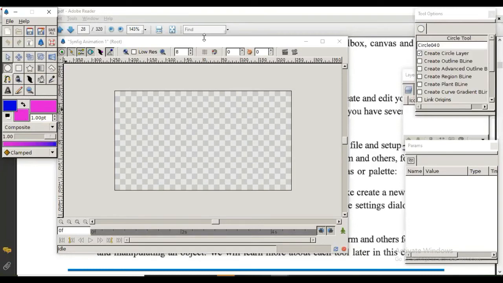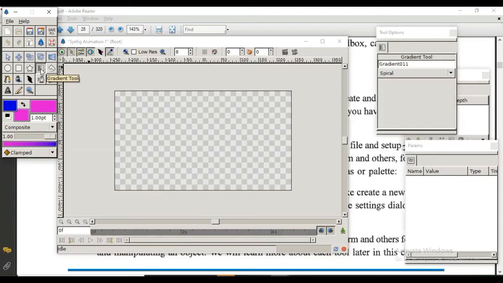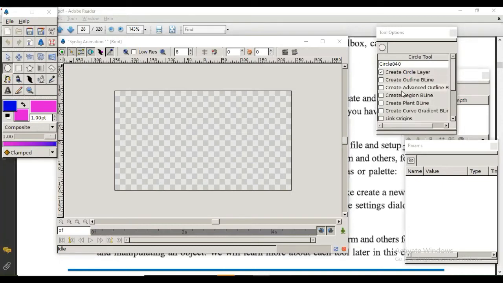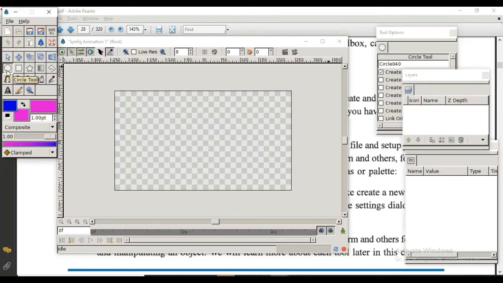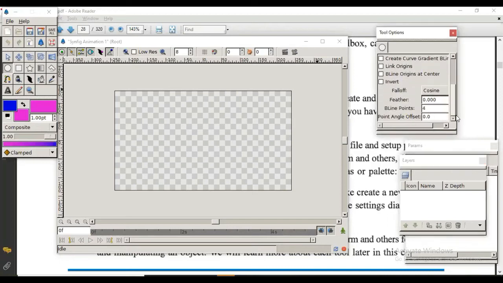So when you create a shape, in tool options you will get so many different options. See this, right now I am having a circle tool with this many options, in rectangle this many, star. So you can see that the tool options change depending on that tool, whatever is applicable, you can see here. So when we are going to create a shape, when we select that tool, we have to go to this place.